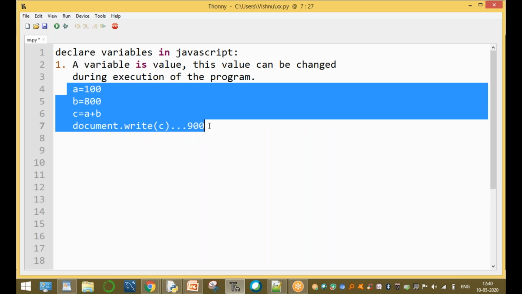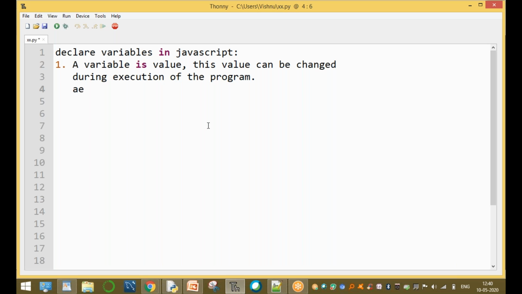For example, find the area of a circle. The formula is a equal to pi r square. Here, pi is a constant, that means the value is 3.14. The value cannot be changed because pi is a constant.